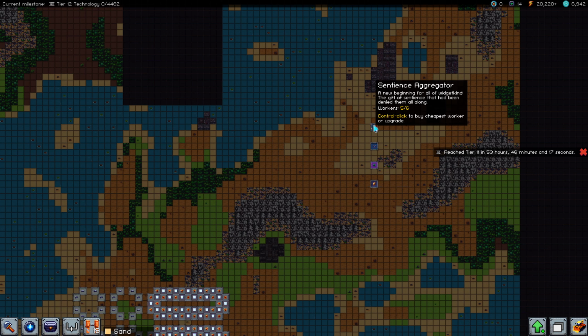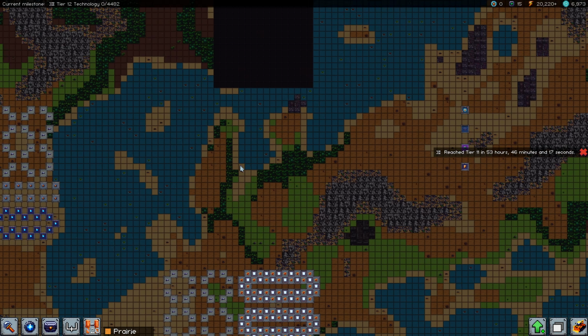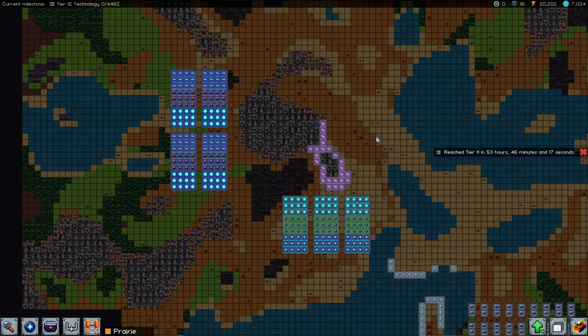And then as we let that thing build, so we're not over here wasting a bunch of our time, I'm gonna go over here and look at these guys. Increases productivity of adjacent to both a helium extractor and an iron mine. So basically what it wants me to do